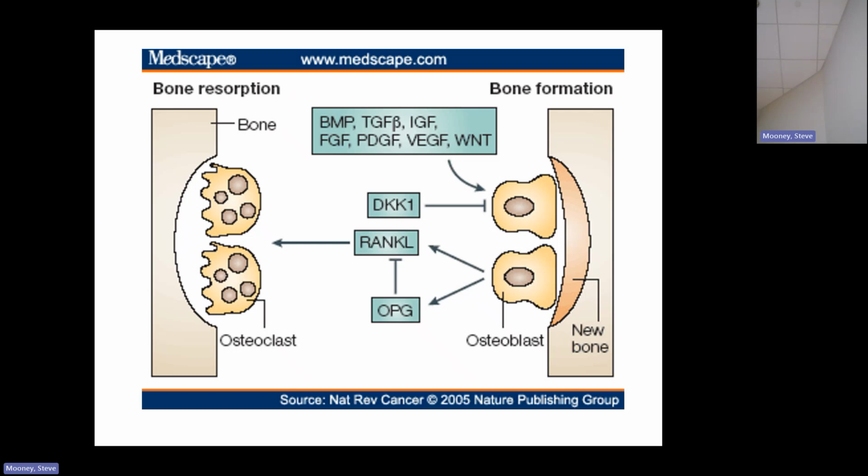They work in concert. Clasts are going to take bone away where it's not needed or where it's broken. And then our blasts are going to build that up in another location, trying to reinforce micro cracks. So one of the reasons we start out slow with exercise for our horses is that when we start, we're putting a lot of stress on the bones. We get little micro cracks. If we overdo it, we can lead to a big break. But if we build up to it over a few weeks,